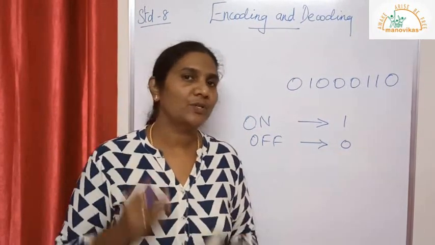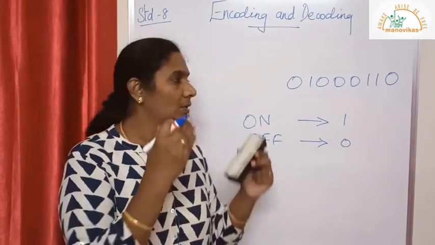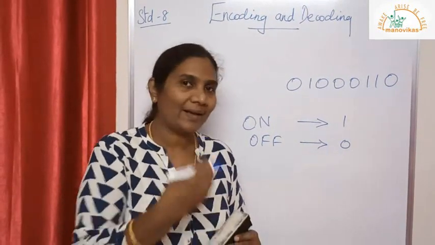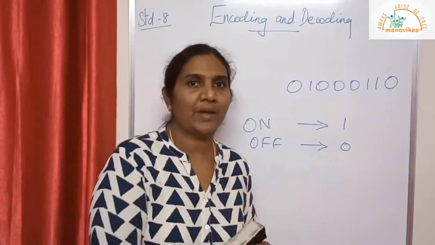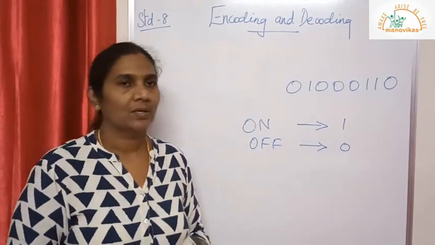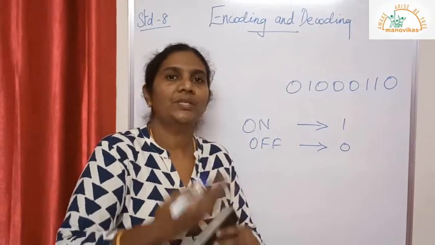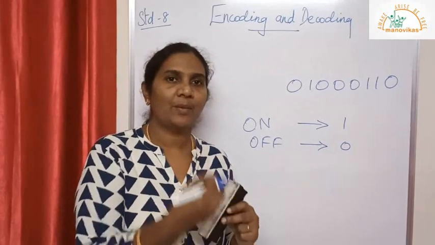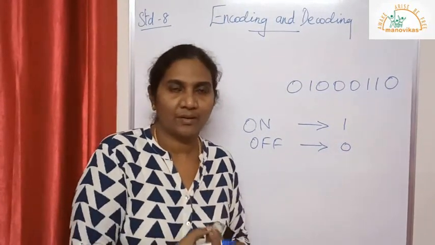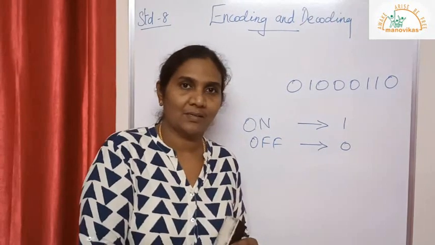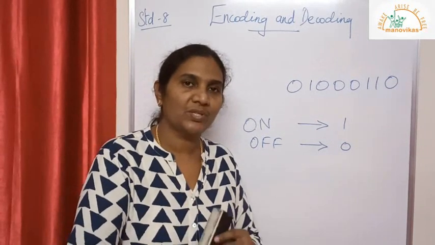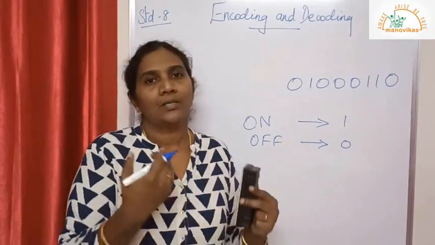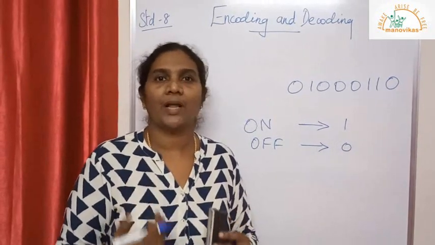So in this video I'm going to explain how to encode the text we type, or a character we type, to a machine understandable form. In the same way, how to decode and get it to human understandable form. For example, if you type any alphabet or a numeral, how the computer will understand it, and at the same time how it is decoded from the computer and displayed for the understanding of humans. That is what I'm going to explain.